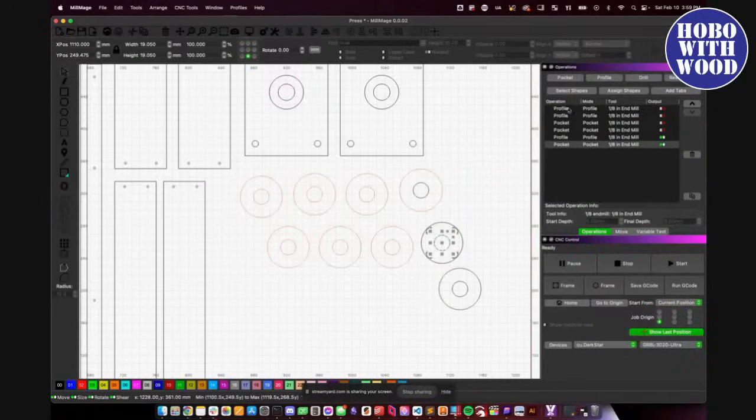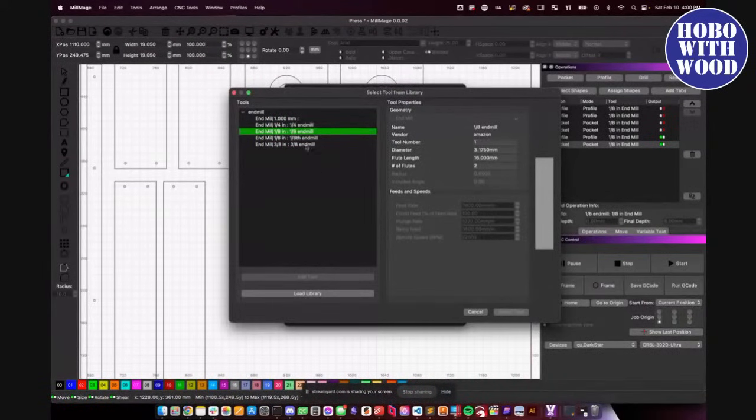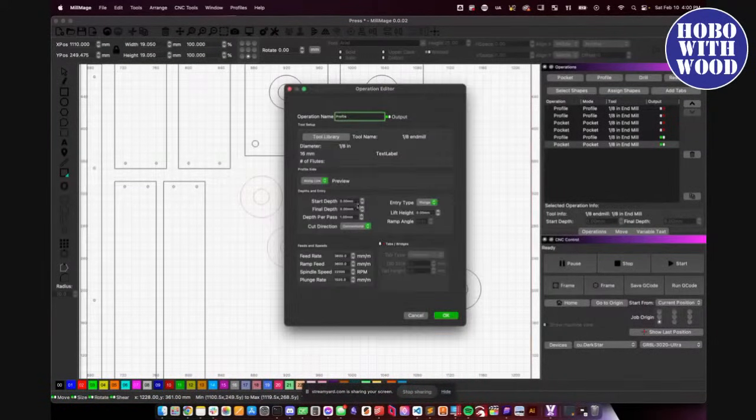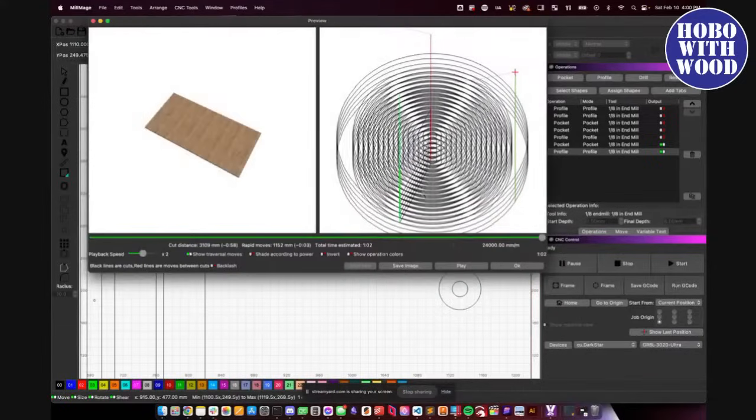I can make a pocket operation on that, but I can also make a profile operation to clean up the line afterwards using the same tool and the same step down. And that's something that you wouldn't have been able to do in LightBurn. We wouldn't have been able to do the two different operations on the same line without creating sub layers or duplicate shapes. And then if I want to preview that,